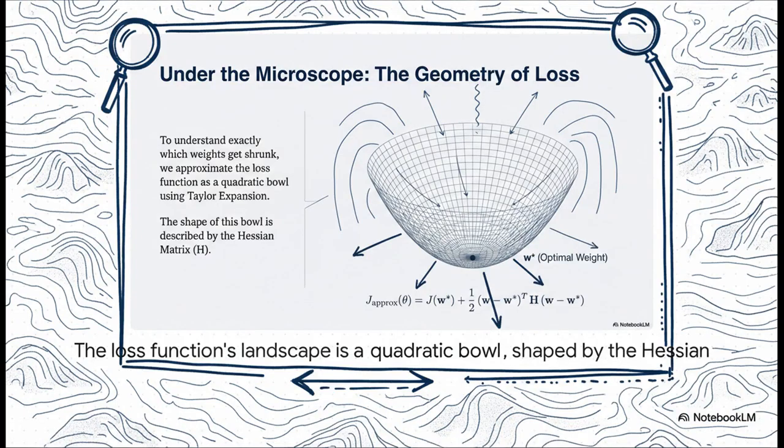So I want you to imagine the loss function as a kind of landscape, and the model's job is to find the absolute lowest point in that landscape. Now, near the best solution, this landscape usually looks kind of like a big bowl. The Hessian Matrix, don't let the name scare you, it's just a mathematical tool that describes the exact shape of that bowl. It tells us which directions are really steep and which are almost perfectly flat. And that curvature, that is the secret we've been looking for.